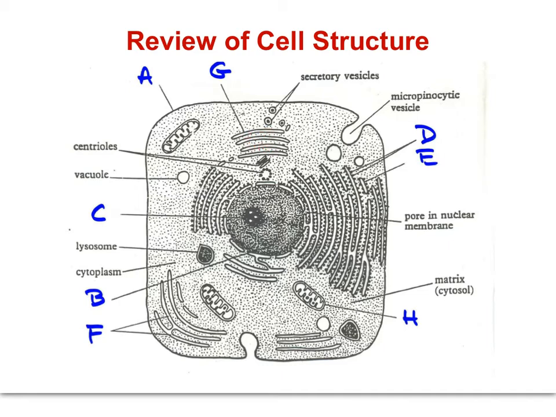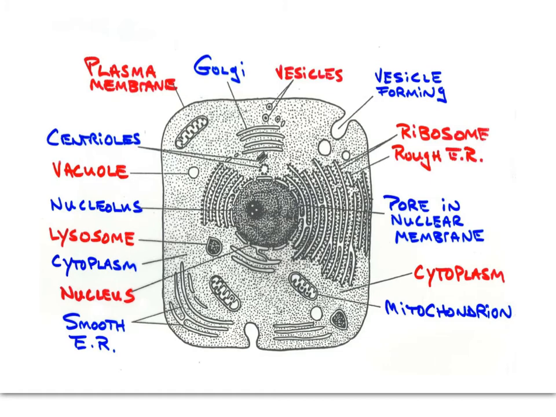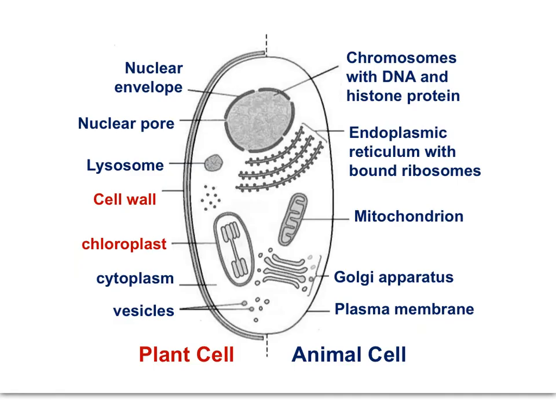You can see the vesicles carrying protein toward the plasma membrane. Mitochondrion H is for energy transformation, aerobic cell respiration. You can study this slide on your own for the identification of structures and work to be able to state basic functions of each. Here's a nice diagram that distinguishes a plant cell on the left and an animal cell